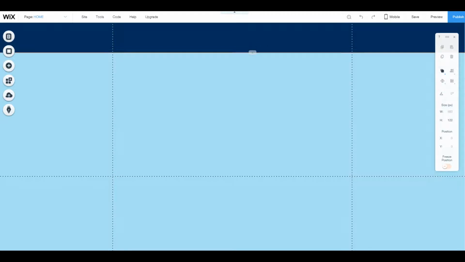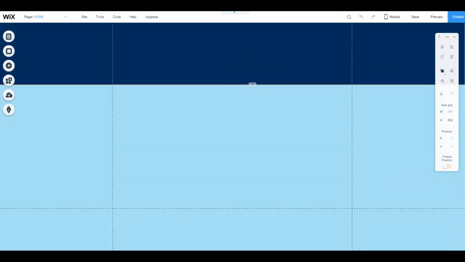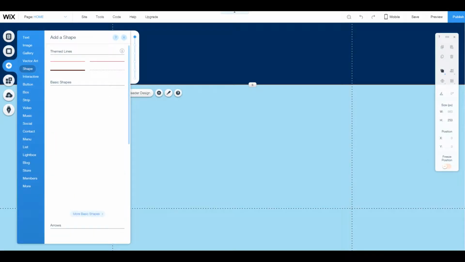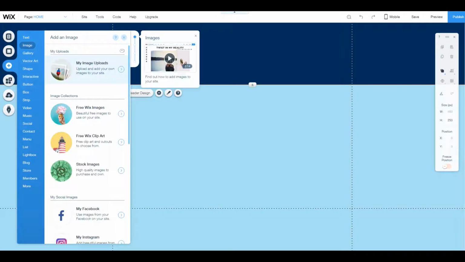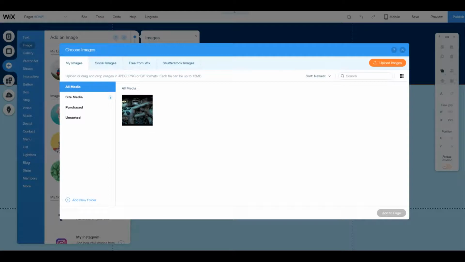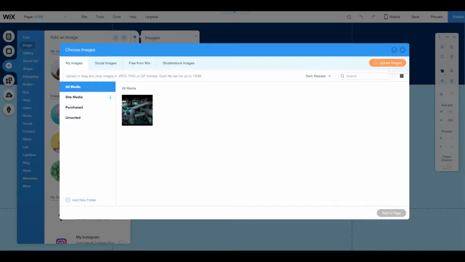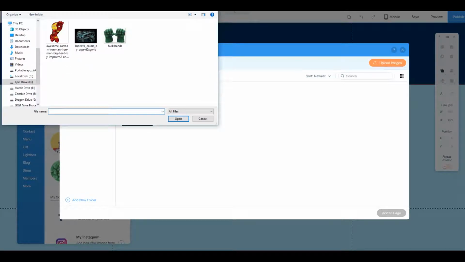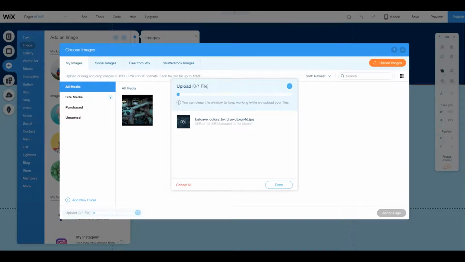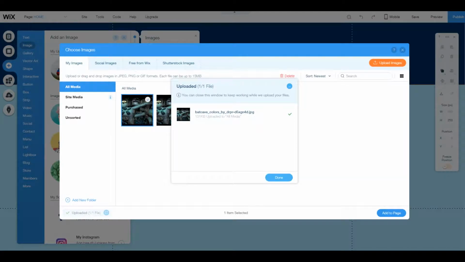But what we're going to do is we're going to make it just a tiny bit bigger, and then we're going to upload a picture into it. So let's go to add, and we go to image and upload my pictures. So in here, if we go to upload images in the corner, click on that and we select the image we want. Now I want the bat cave. Basically I can click on that and we go open,